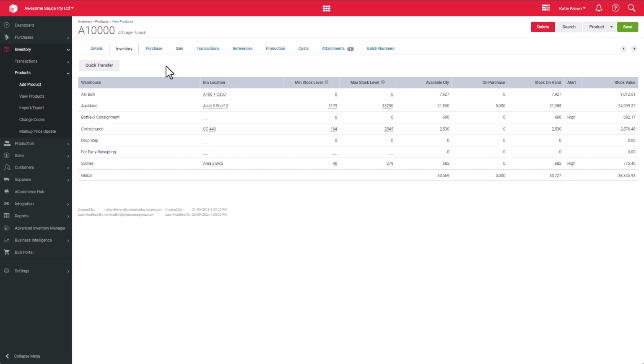Let's take a look at your Products Inventory tab. Please note that information here is generated by the transactions created for this product, meaning when you first add your product, the details will be blank. The Inventory tab allows you to see stock availability, locations, and set minimum and maximum alert levels per warehouse or